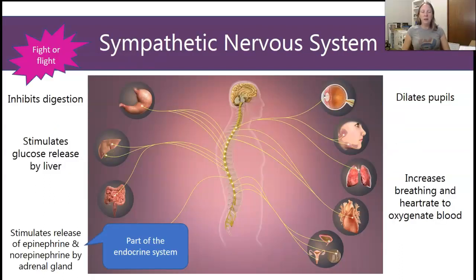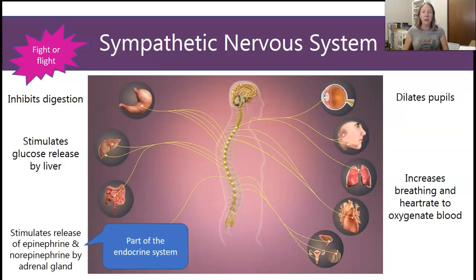You'll notice on the next page of your notes, I've got a picture of this slide and the next slide. So you could get away without writing anything down, but I still suggest you add notes as you see fit. So let's go into the sympathetic nervous system in a little bit more detail. This is your fight or flight system. So when your body needs to get amped up for something exciting, or more commonly react to something dangerous,